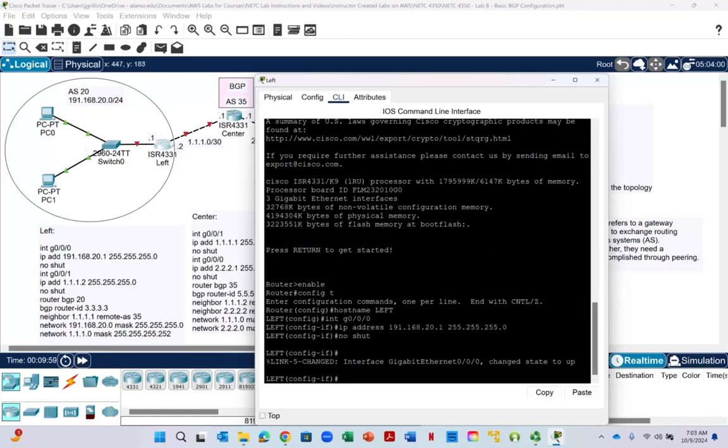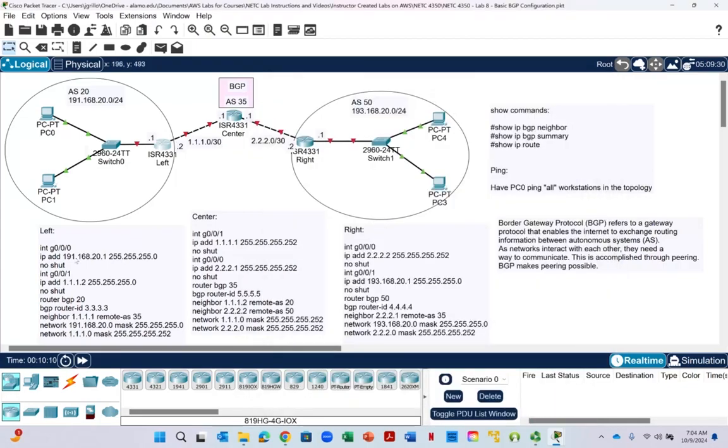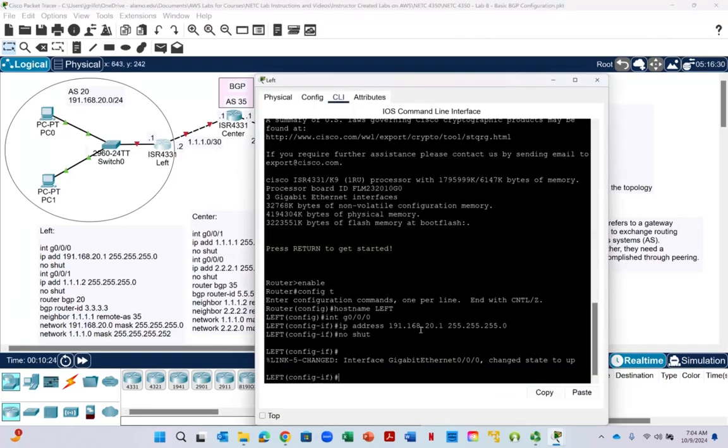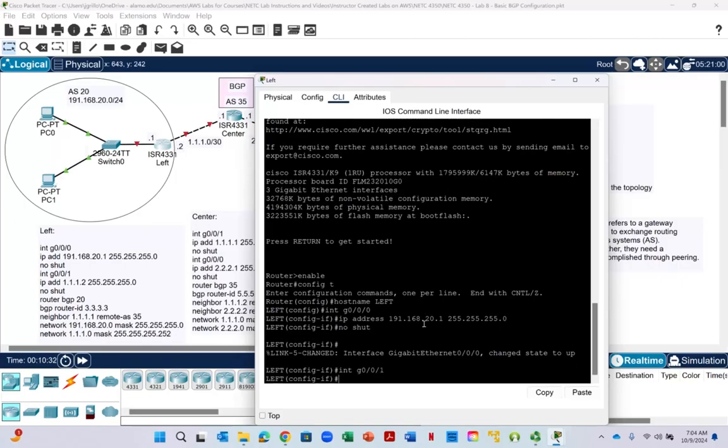Now we're going to configure the interface right here, the interface that's connected to the center router. And we're using the gigabit interface G0/0/1 on left that will be connected to the center router. Now notice it'll have an IP address of 1.1.1.2 with a subnet mask of /30, okay, which is 255.255.255.252. So we go int G0/0/1, enter, IP address, I'll abbreviate this time, 1.1.1.2,